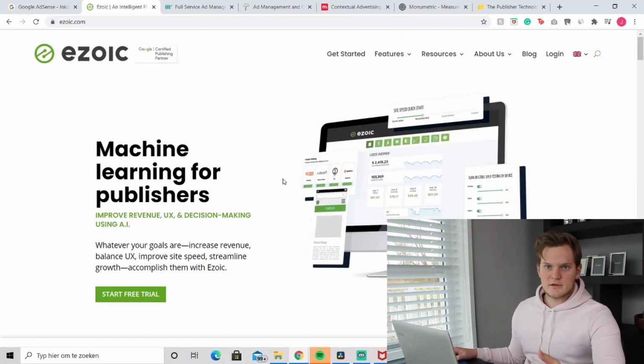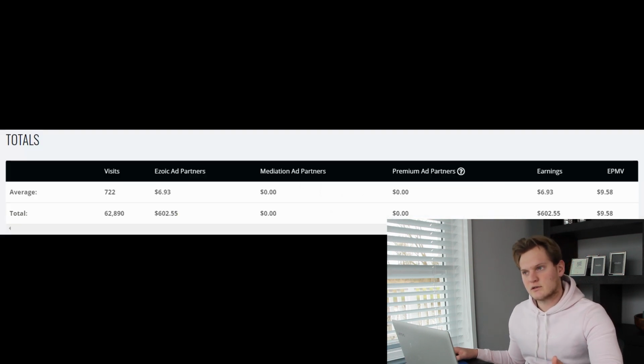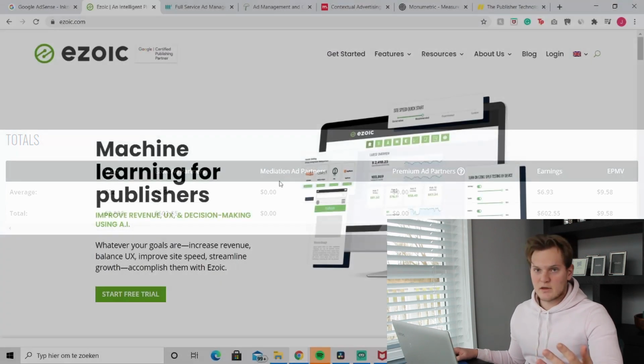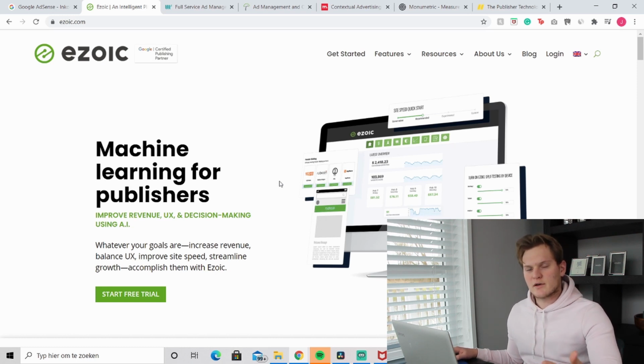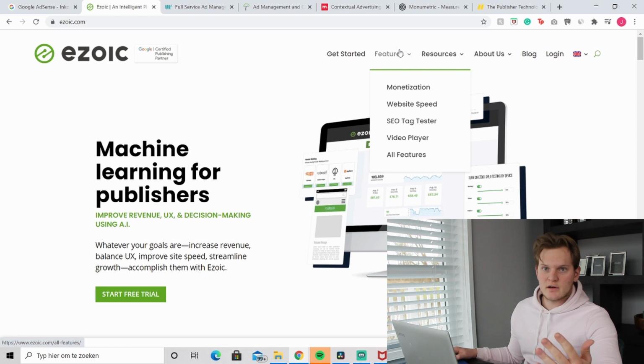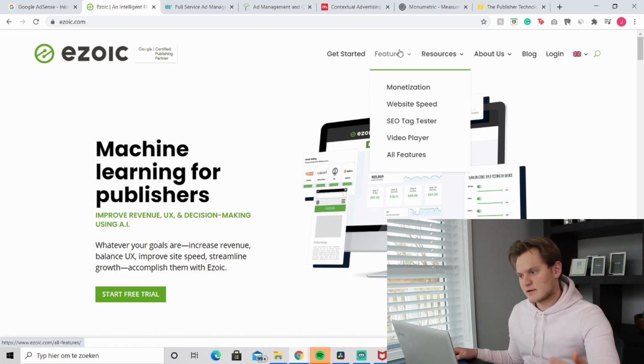I'll throw in some screenshots on the screen as well, so you can see some of my results, see that I'm not lying right here. One thing about my site is that it's not really the best in terms of RPM. I've seen sites that have much better RPMs. I personally get a lot of traffic which is not high RPM, more like average or a little below average RPMs. So with Ezoic, you don't only get your ad network and your ads placed on your site,